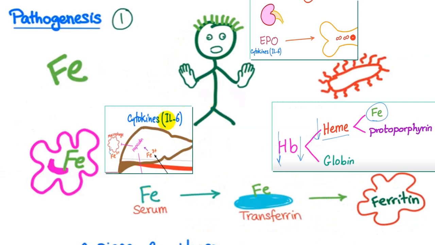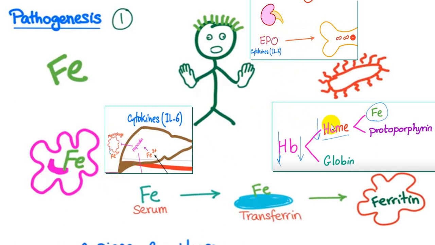And we don't go into detail, but because of the cytokine interleukin 6, hepcidin is being affected, and that hepcidin is responsible for providing iron from macrophages. So that is being affected. EPO becomes ineffective because of cytokines and interleukins. So either EPO is ineffective or the bone marrow is ineffective to EPO. This becomes a second clue.